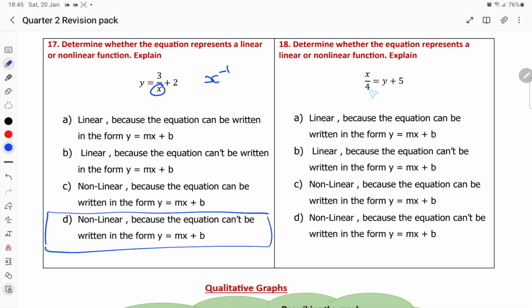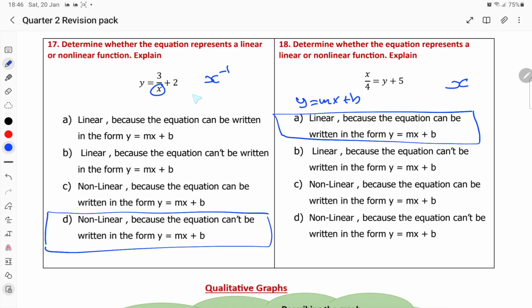Take x over 4. Notice the x is in the numerator this time. So x, does it have a power? No. So it can be written in the form y equals mx plus b. So yes, it is linear because it can be written in the form y equals mx plus b. So simply, whenever the x doesn't have a power, this means linear. But take care, if it's in the denominator, it's non-linear, because x to the power of negative 1